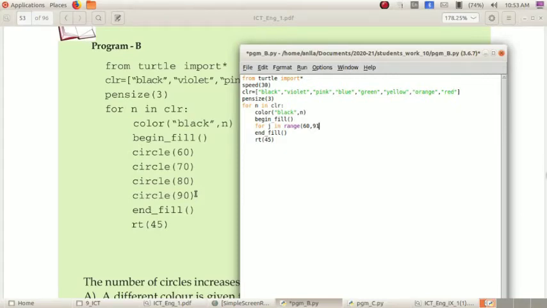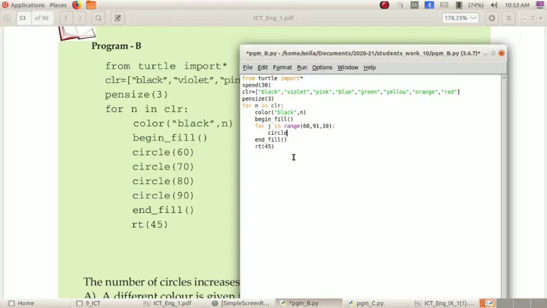Then what is the difference? 60 plus 10, 70; 70 plus 10, 80; 80 plus 10, 90. So the difference is 10. Give 10 here, then close the bracket. Then the for loop must end with a colon. Now we can give the code for the circle.